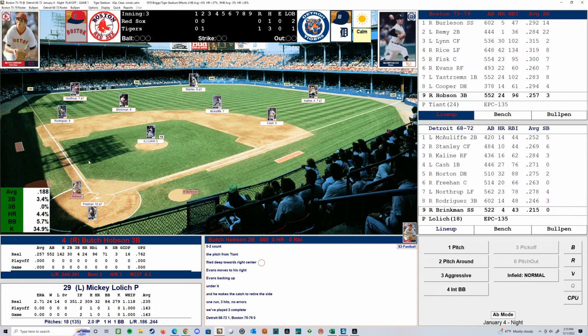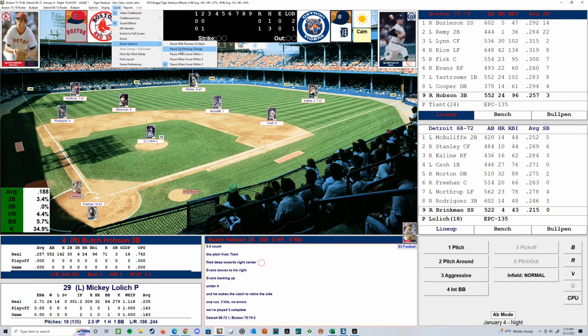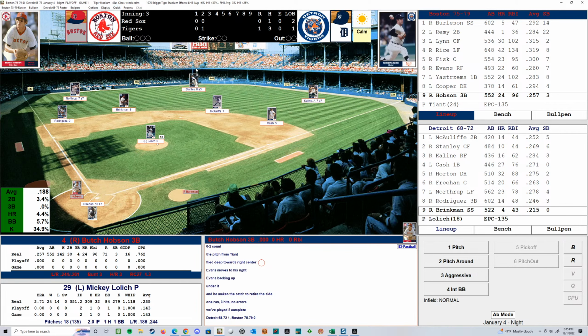Interesting. So what I'm going to do here, I get bored easily, right? Going through this, I'm going to zoom this because I love being able to zoom when you're playing a game. And this is great too if you're doing a season, right? And you want to manage some of the games or, you know, maybe at certain points. I love the options to be able to zoom to certain things within a game. You know, if the score gets closer, somebody comes on base, but just picking the end of an inning, right? Or when somebody else comes to bat. So let's go to the seventh inning and see what's going on. See if it's a tight game.